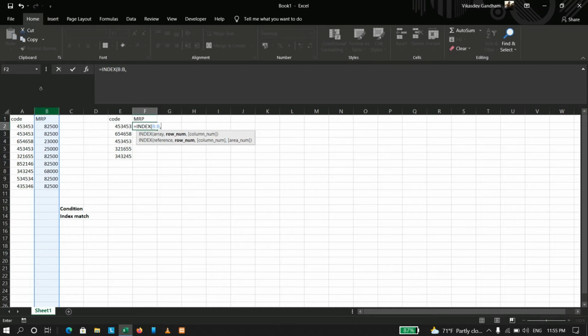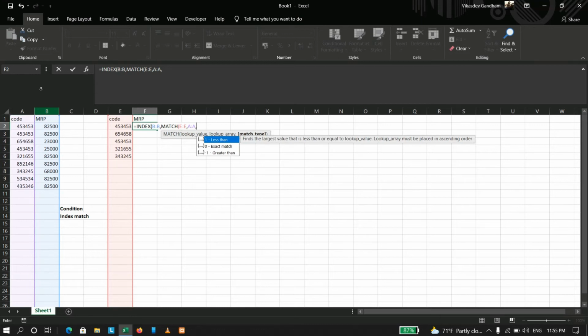next MATCH, type the match. Okay, so here it is showing the lookup value. Lookup value means what we can match with that. Like we can match with that code, right? And lookup array, from where you want to get the details. That okay, comma, and here it is asking that